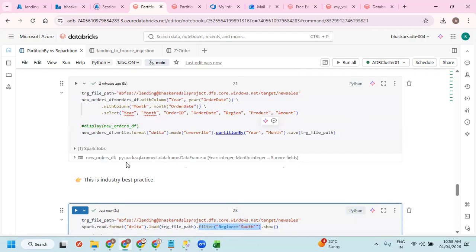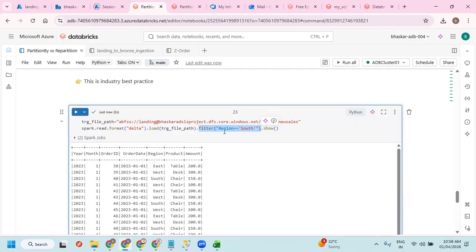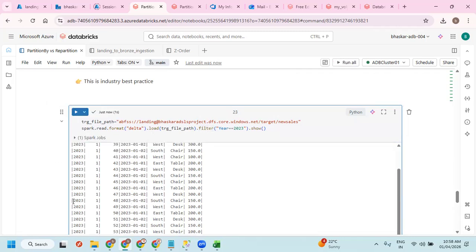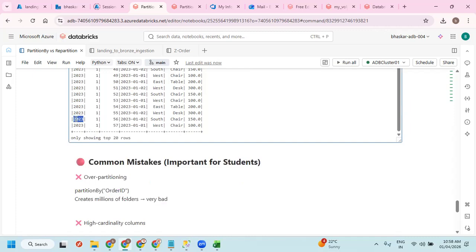Now, what I wanted to do is take the data for year 2023. Let me run it. Now I can see the data for only 2023.